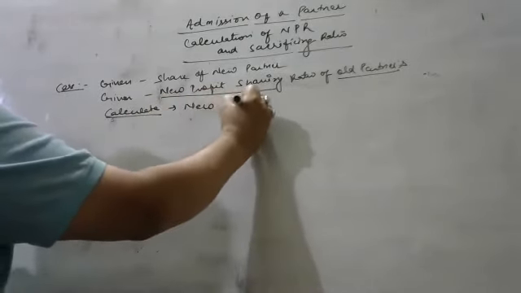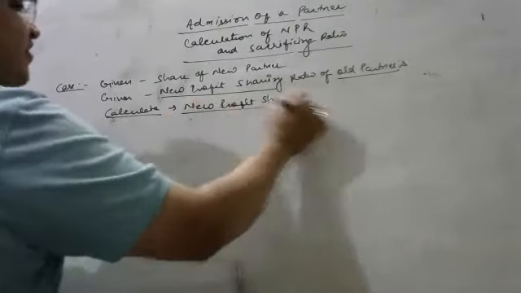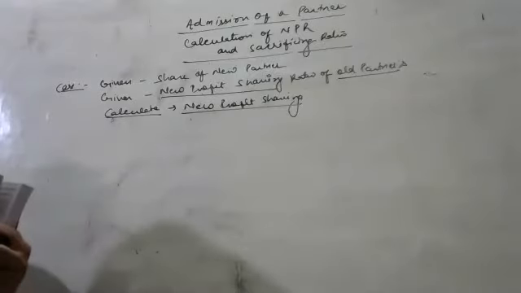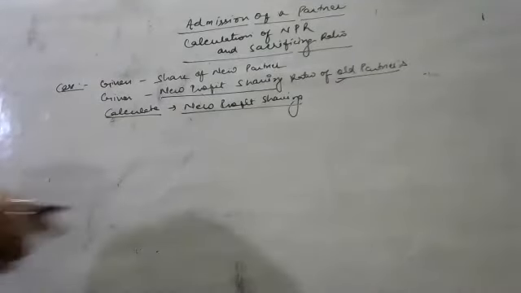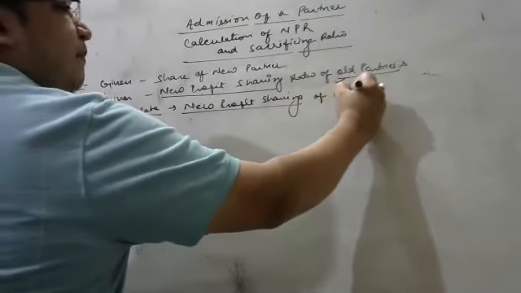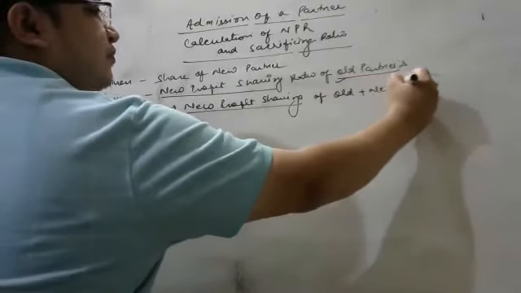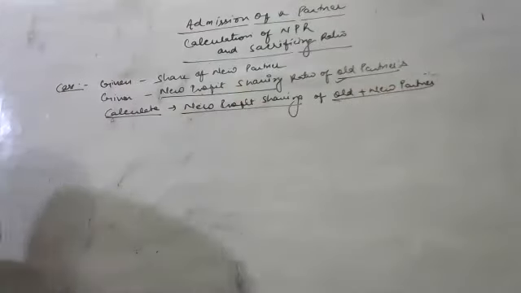अभी भी हमें new profit sharing ratio ही निकालना है. अब आप मुझसे कहेंगे सर ऑलरेडी न्यू प्रॉफिट शेयरिंग रेशियो दे तो रखा है, फिर हम दोबारा क्यों निकालेंगे? अब जो निकालना है हमें बेटा, अभी तक जो हमें दिया है वो सिर्फ ओल्ड पार्टनर्स का न्यू प्रॉफिट शेयरिंग रेशियो है. ओके, बट नाउ वी नीड टू कैलकुलेट न्यू प्रॉफिट शेयरिंग रेशियो ऑफ ओल्ड प्लस न्यू पार्टनर. ओल्ड पार्टनर्स के साथ न्यू पार्टनर जो एंटर हो गया उसके बाद हमारा क्या नया रेशियो बन गया, दैट वी नीड टू कैलकुलेट. Okay, so how we will calculate, we'll understand here.